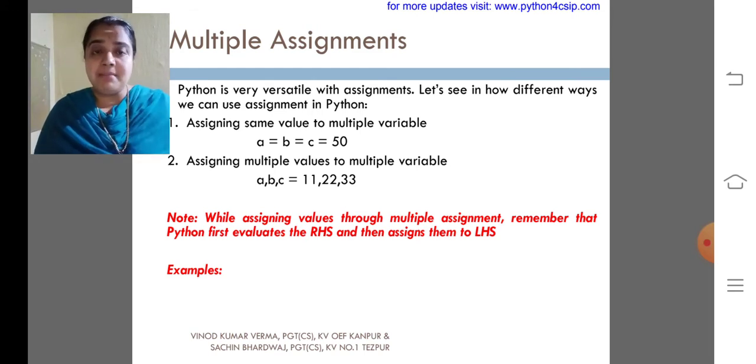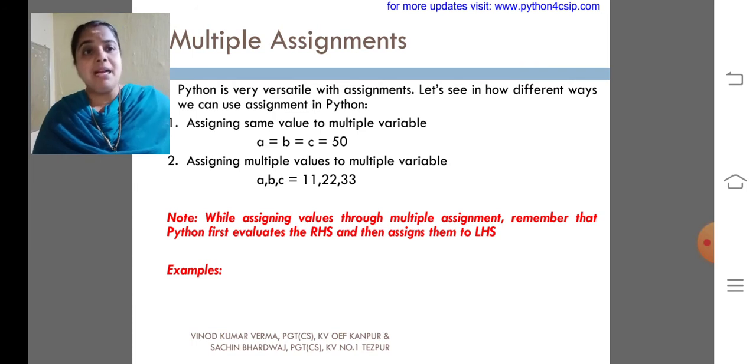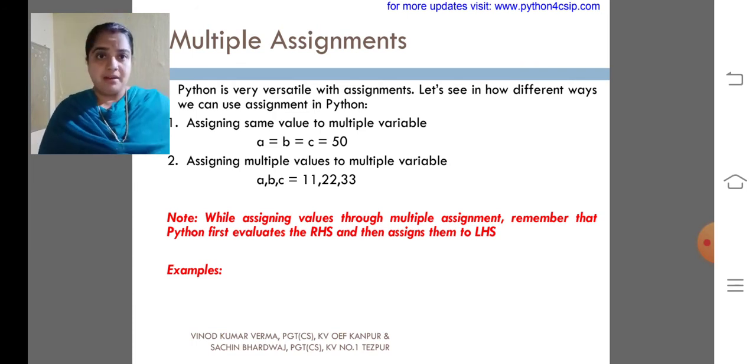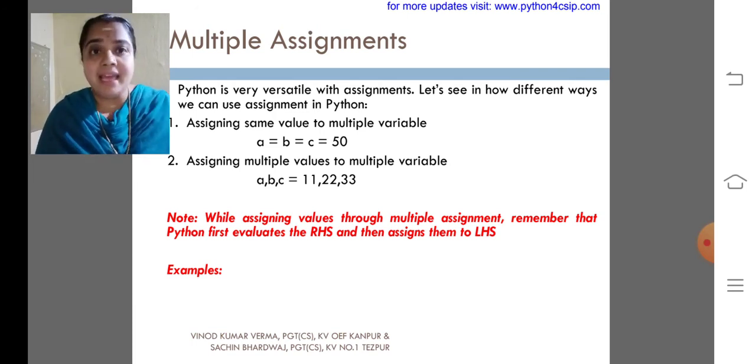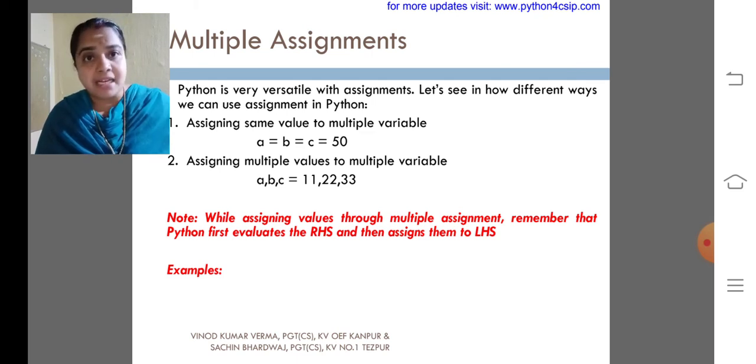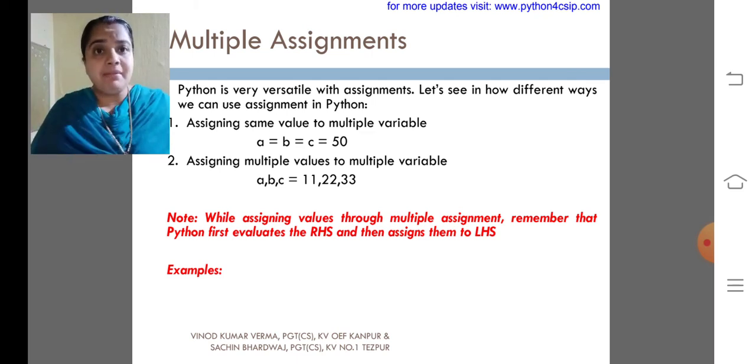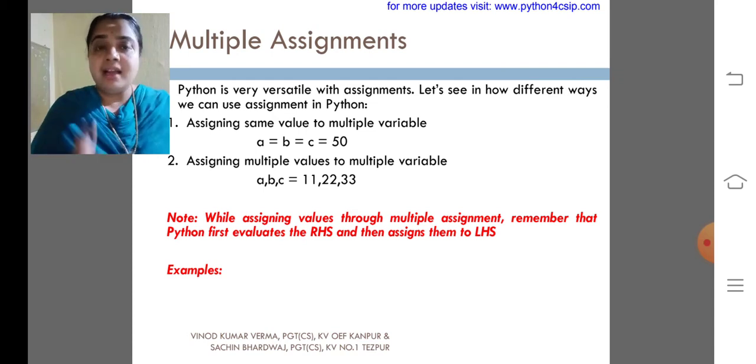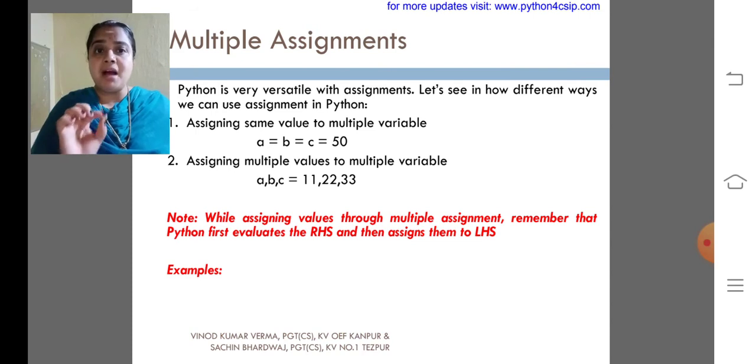Look at the next example I had given. Assigning multiple values to multiple variables. Look at the example. A, B, C. What is the difference here? Comparing with the previous one, instead of equal, I had given comma. A, B, C equal to 11, 22, 33.